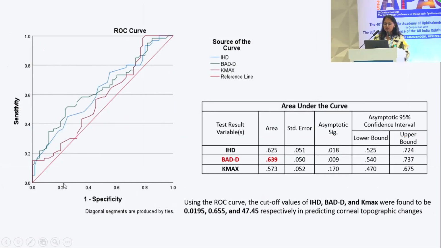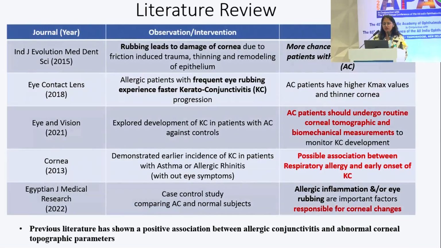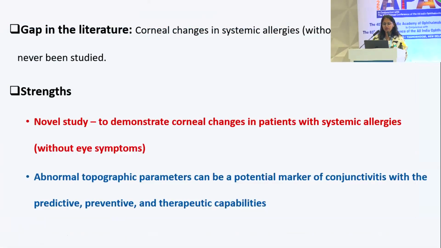The ROC curve was drawn, and according to it, BAD-D had the highest area under the curve, which was 0.639, followed by IHD and then Kmax. With the ROC curve, we identified that BAD-D and Kmax were found to be the most sensitive and specific parameters respectively. So the previous literature reviews have shown a positive association between allergic conjunctivitis and abnormal corneal topography parameters, but